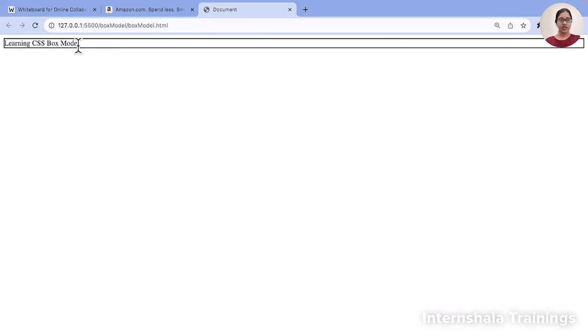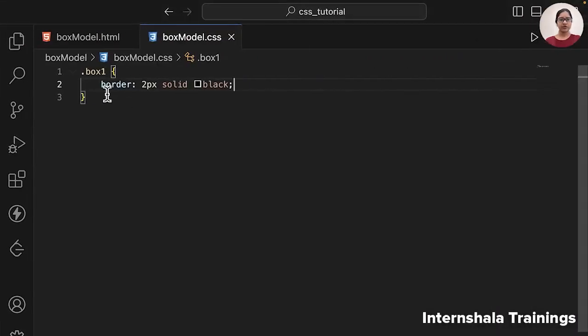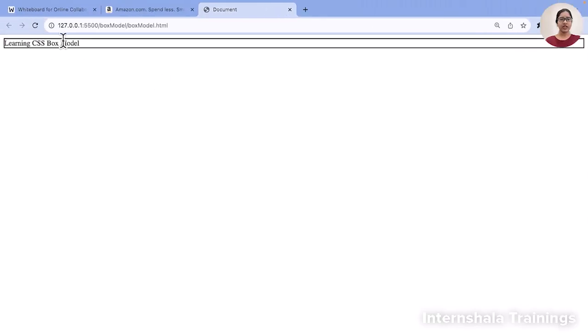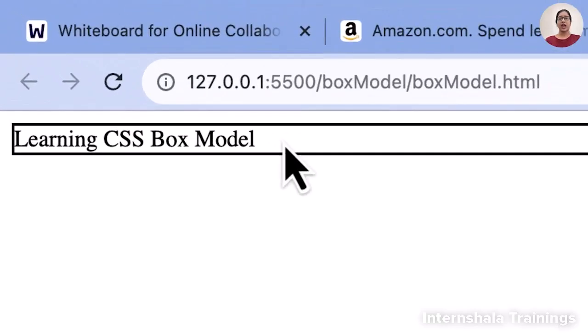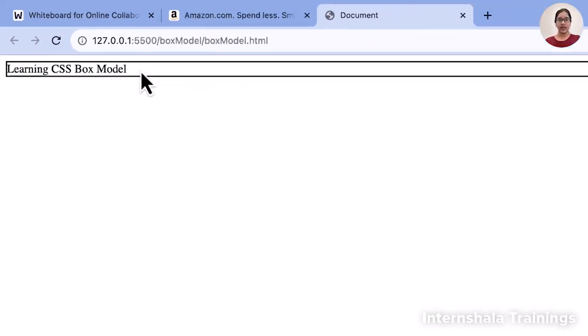In this CSS box model, we have 4 features. We will explore them one by one. The first feature we can talk about is the content area. Whatever you have written here, this is content. When you add a border, the border is always applied to the content area.